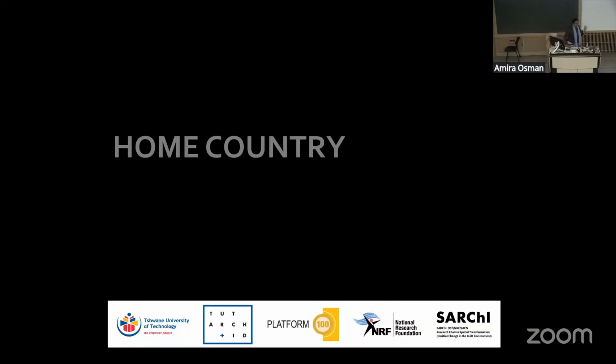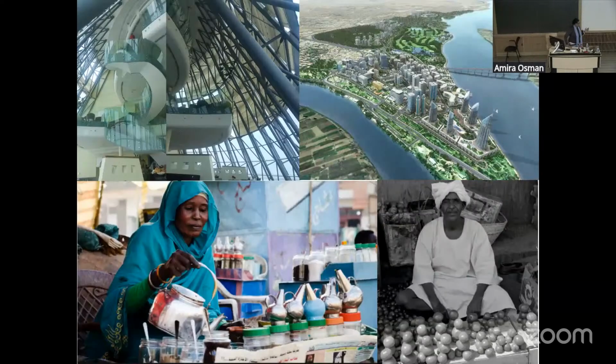So let me talk briefly about my home country. I have many homes, but let me talk about Sudan. And these are just some images of Sudan. The one on the top is a development, which I'll talk about more, but parts of it were built, which is on the top left. That was what was built. So you can look at the city at that level, but you can also look at the city in terms of what's happening on the pavement. But as architects, a lot of times we like to look at those bird's eye views of cities,